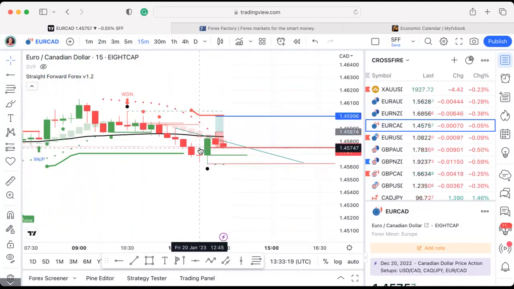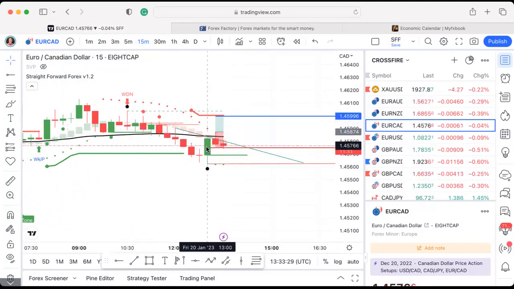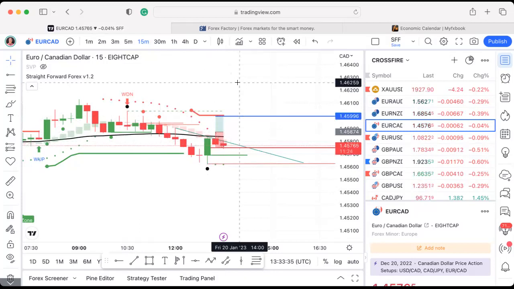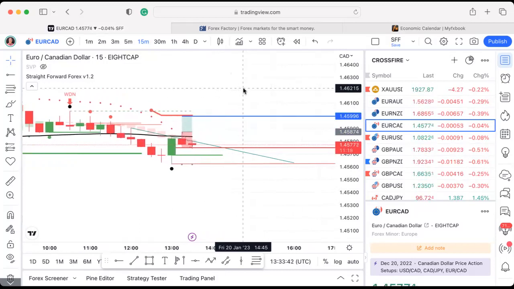And the best trades I find with Crossfire is when you get a reversal. So ideally, what I'd be looking for is for price to come down, down, down, down, down, and then after 1 o'clock to make a positive move upwards. So that's why I got into that trade, because I was expecting it to move upwards. Doesn't always work, but